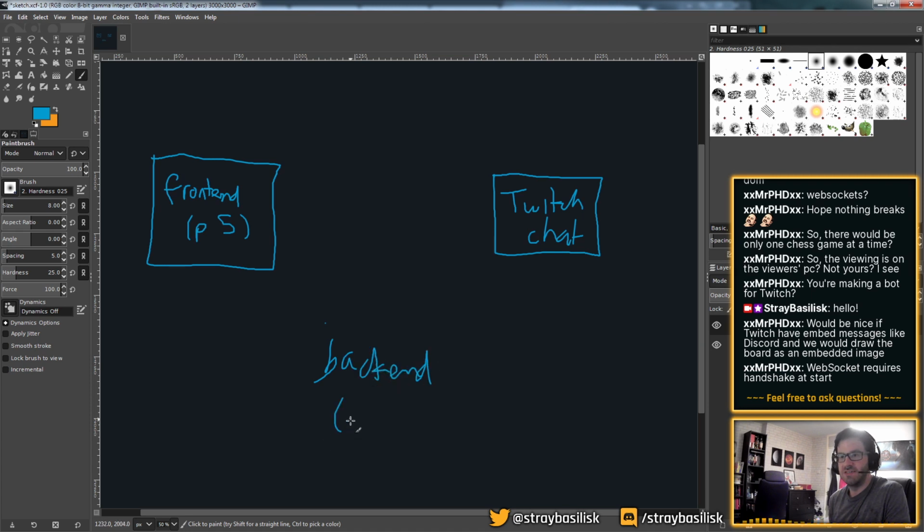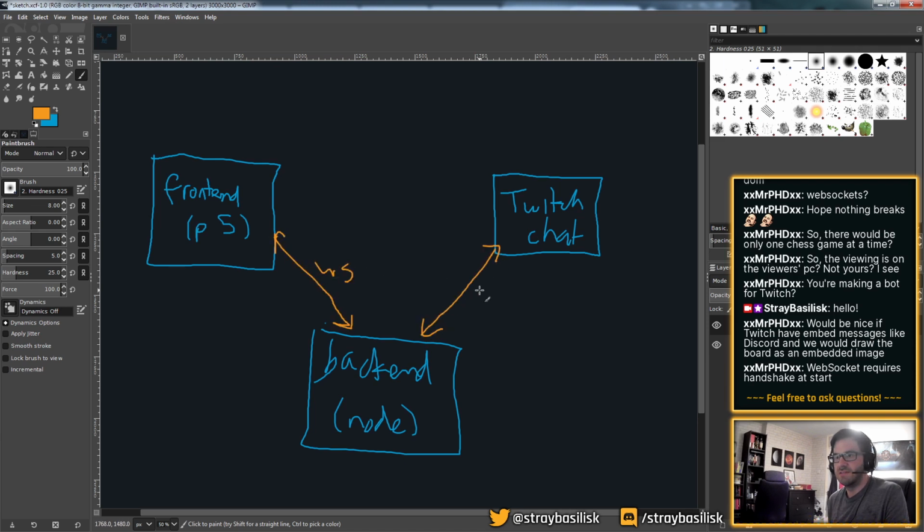Backend using Node, which would use WebSockets and then IRC, because there are IRC client libraries for Node, which it looks like is exactly how the Twitch chat thing works.